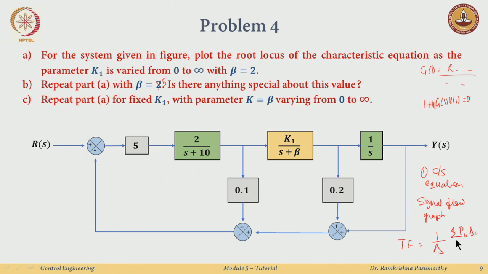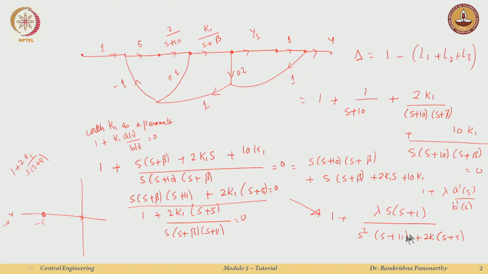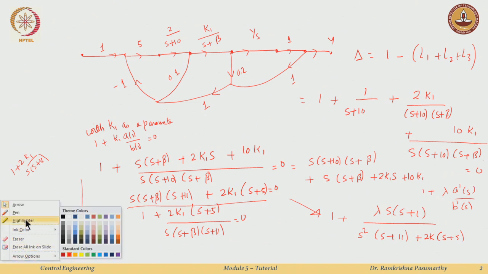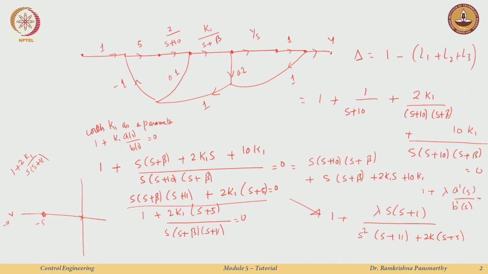Well, you can just take k 1 equal to 1, and now I can look at what happens to the root locus when lambda varies from 0 to infinity, keeping k fixed. So, the idea is to just write down this characteristic equation in this form, 1 plus lambda a prime by b prime being equal to 0. I will skip the steps, because looking at the steps of the root locus should be very straightforward now, right. So, those steps,